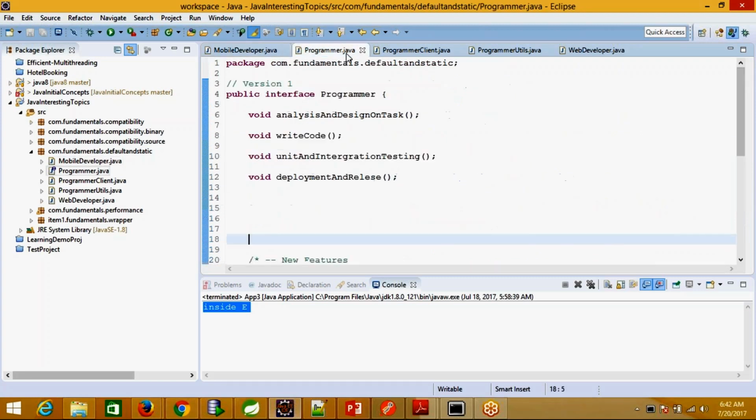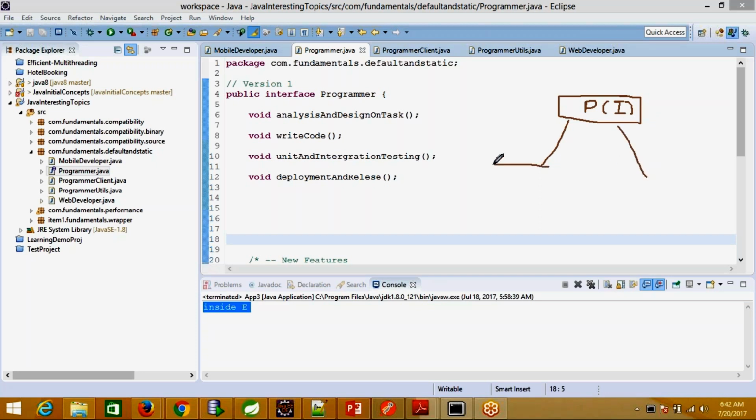Based on my need, all the clients have implemented these features based on their need. So what was the structure as of now in this IDE? I have a programmer interface. I'm just writing the acronyms only. This is an interface, and I have two implementing classes here.